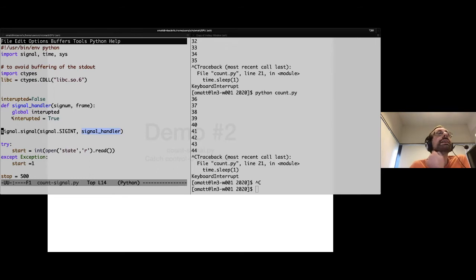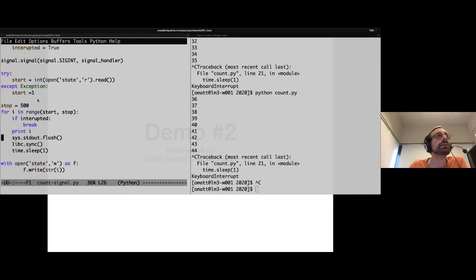So here, what I've done in this function is just modify a global variable. We have a global variable, interrupted, which is by default set to false, meaning the program should continue. But if the user hits Control-C, I'm changing that global variable from false to true. The rest of my program is basically the same.